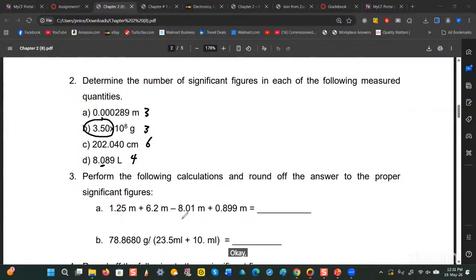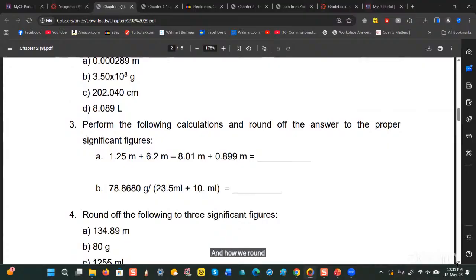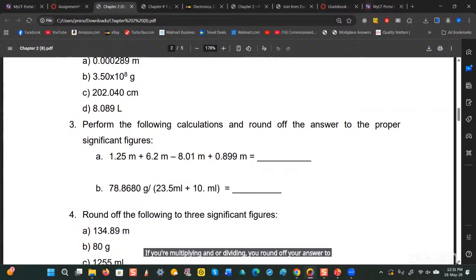Okay, now this one is testing what we just, let me clear this first. The next one is testing what we just learned in terms of mathematical operations and how we round off appropriately, right? So let me remind you, if you're adding and or subtracting, you round off your answer to the lowest number of decimal places, right? If you're multiplying and or dividing, you round off your answer to the lowest number of significant figures. All right, so with that said,